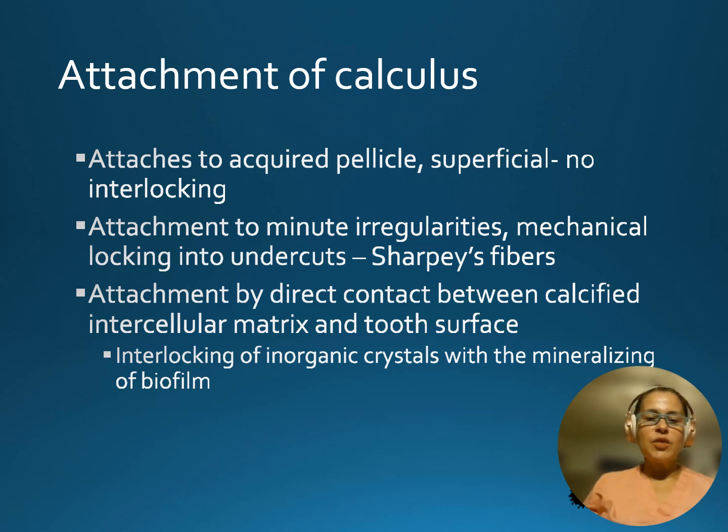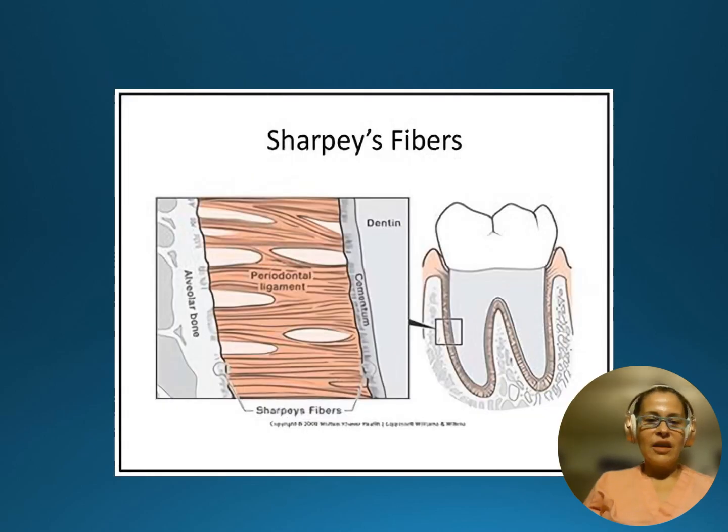And then we have attachment by direct contact between calcified intercellular matrix and tooth surface. Interlocking of inorganic crystals with the mineralizing of biofilm. So let's look at this. So we have your sharpest fibers, which are here and here, okay? So we have these little fibers that are going to be a real good place for the calculus to attach to,